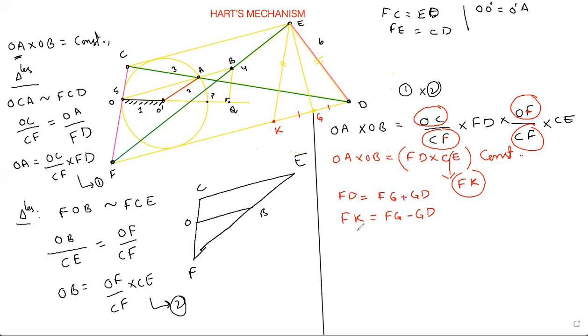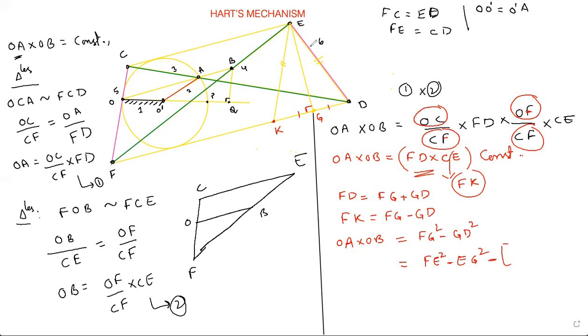Now, I can write down right away OA into OB is equal to, multiply these both because you have to do it from here. So I can write FG square minus GD square. A plus B into A minus B is A square minus B square. So what is FG square? See, it is a right angle triangle here. Yes, FG square is FE square, hypotenuse square, minus EG square. Okay, minus what is GD square?